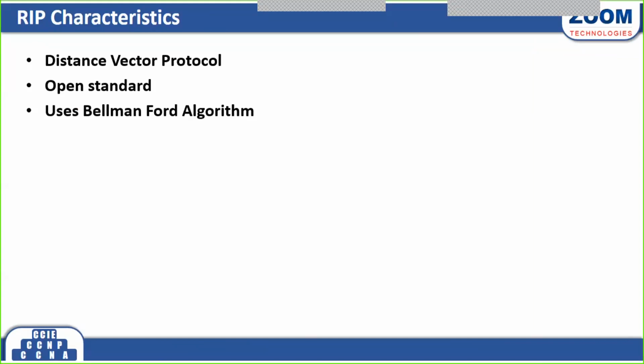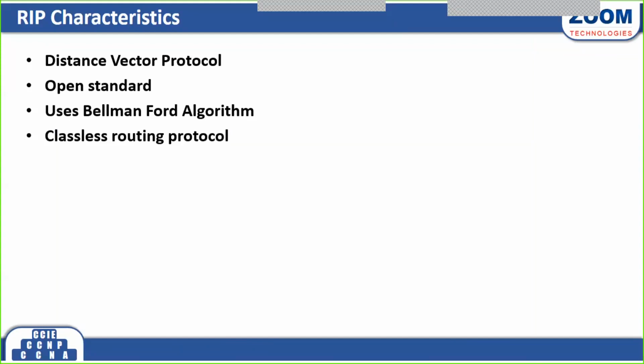Classless, sir. You forget about version 1, it does not support subnetting. So you can say RIP version 2 is a classless routing protocol. It supports subnetting. Is that an advantage or a disadvantage? Advantage, sir. But the point is, all dynamic routing protocols, RIP, OSPF, EIGRP, select paths automatically